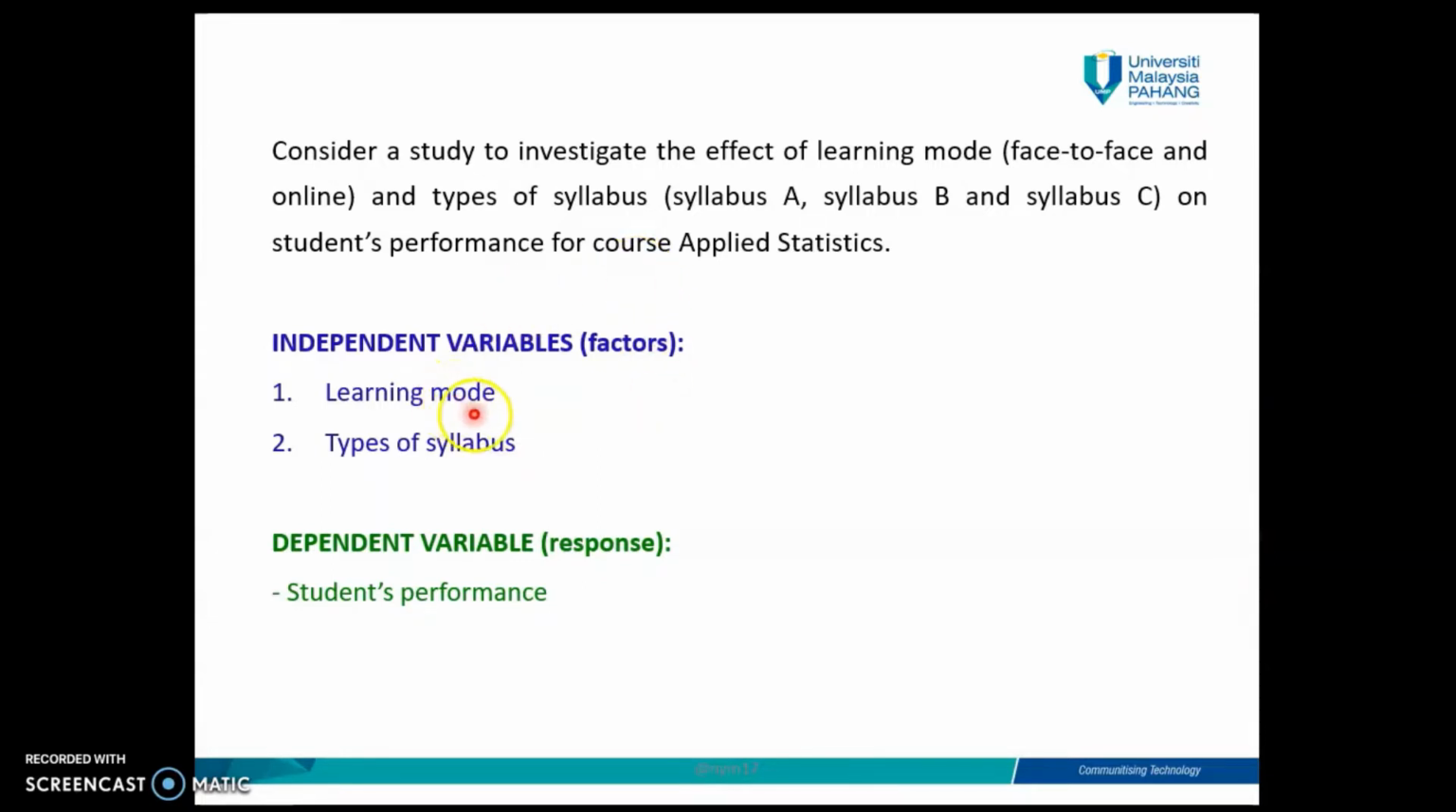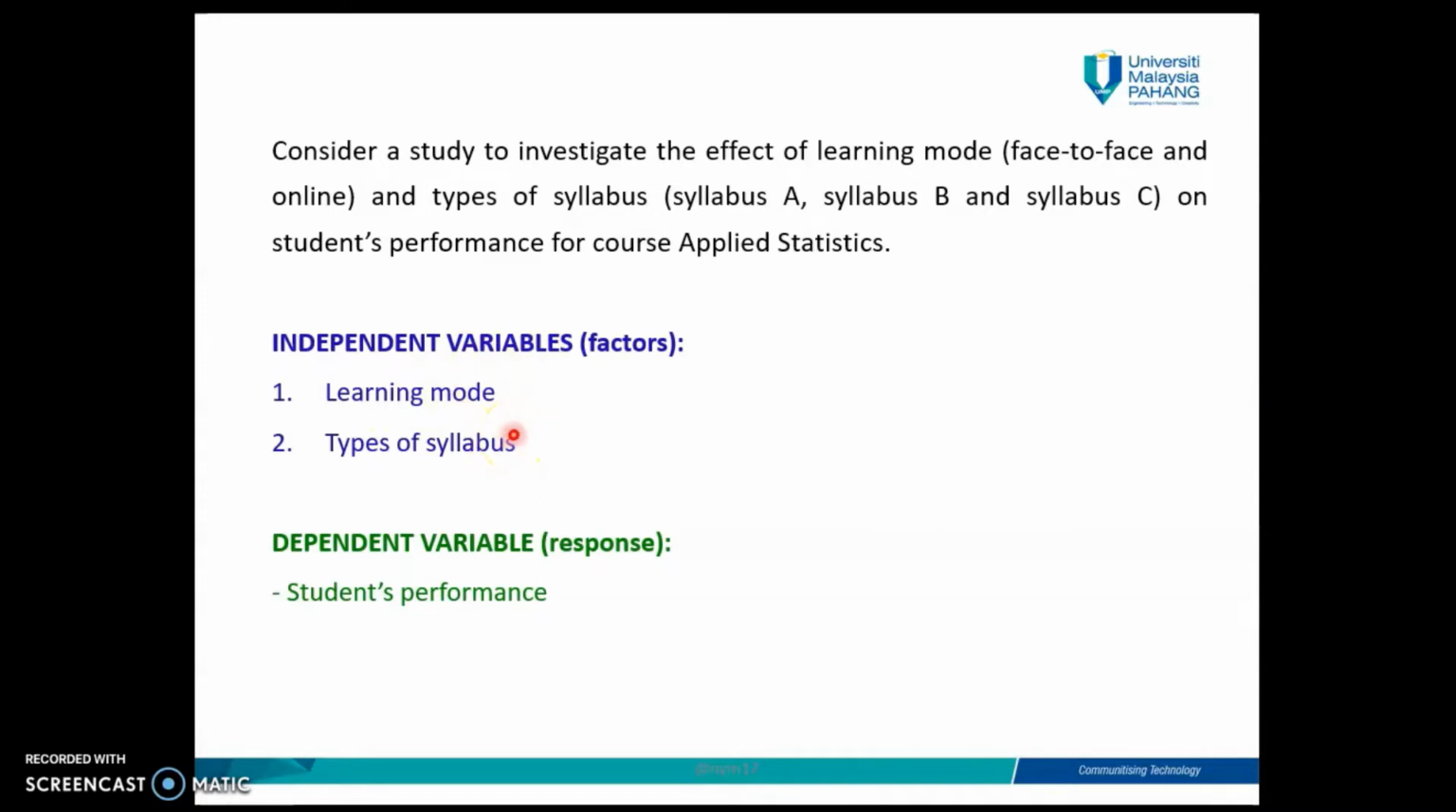You see, learning mode has 2 levels, which are face-to-face and online. There are 3 levels for types of syllabus, which are syllabus A, syllabus B, and syllabus C. You need to conduct this experiment in a way that you consider all possible combinations of these 2 factors, meaning